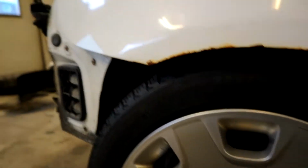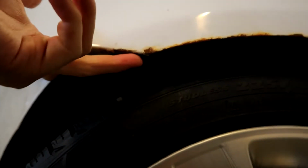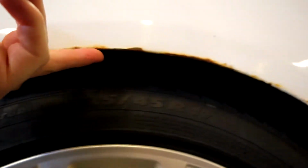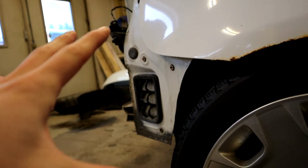Today we are going to fix some rust, and I have no clue what I'm doing, so this can be fun. Well, I destroyed my car as well. The good news is, well, we don't have any good news, I'm sorry, but there's rust here all the way down. So that's why we needed to remove the rear bumper,